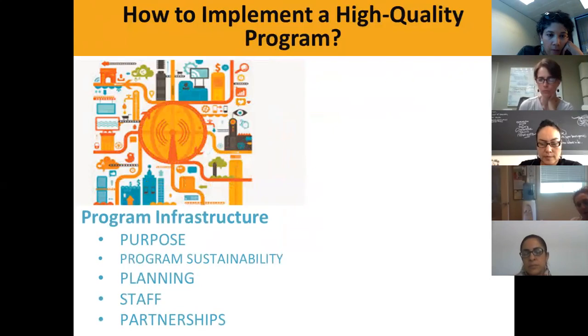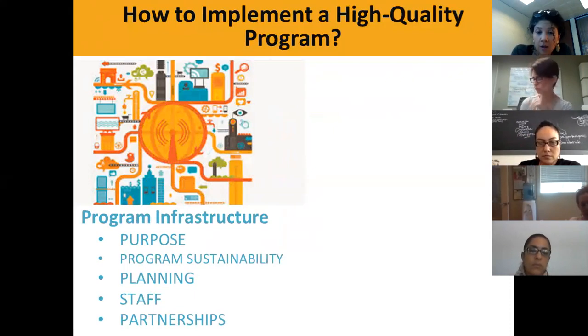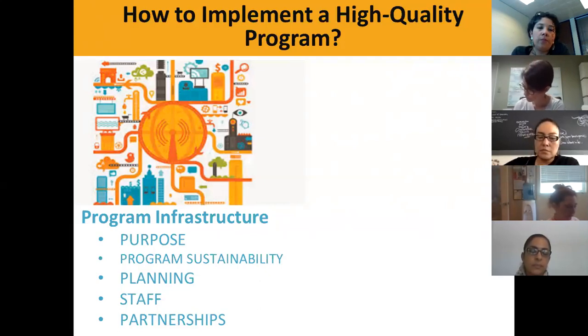And then the last domain for program infrastructure is partnerships. So one thing that we found in the Summer Matters campaign that I'm sure Belle and Brett also have found in their work and National Summer Learning Association is that partnerships really are about leveraging resources and maximizing opportunities for students. So the more you can partner, the more effective those partnerships are, the more high quality your program is going to be because you're bringing in as many resources as possible, not duplicating efforts to really diffuse the resources